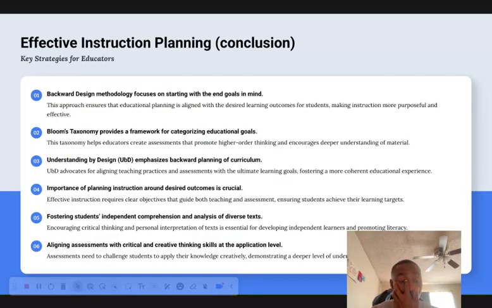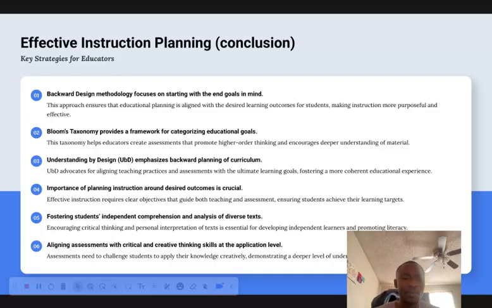Now, to conclude, for us to have effective instruction planning, these are the things we need to know to bring our video to an end. Number one, the backward design methodology focuses on starting with the end goals in mind. This approach ensures that educational planning aligns with desired outcomes, making instruction more purposeful and effective. Number two, we need to understand Bloom's taxonomy to provide a framework for categorizing our goals,